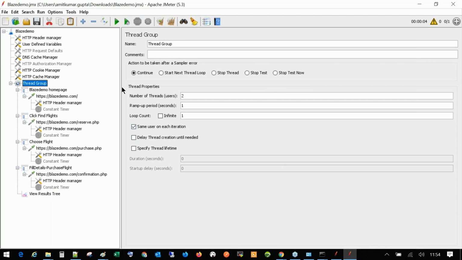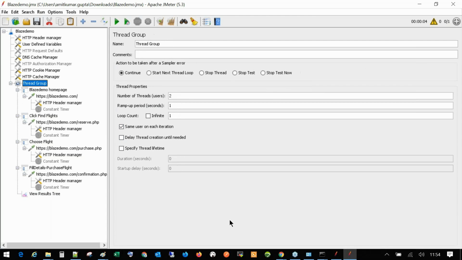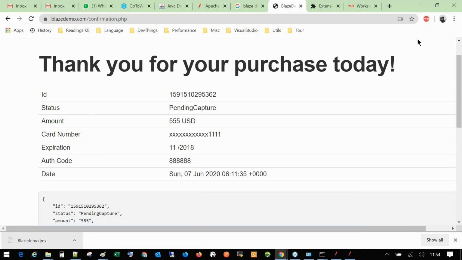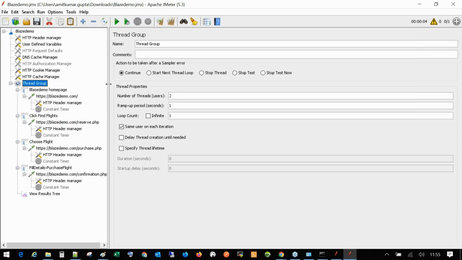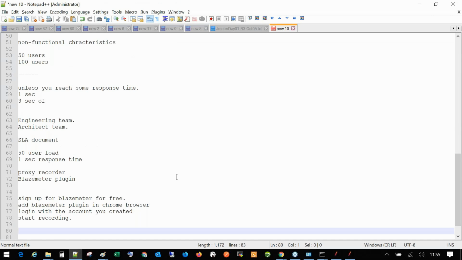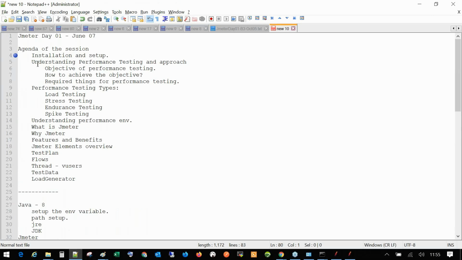Okay, so do follow this. Do use this JMeter plugin in order to record your script, so that you can have all those requests as samplers in your JMeter, and you can play back that script as well. Okay, so let's quickly have a review of what things we have